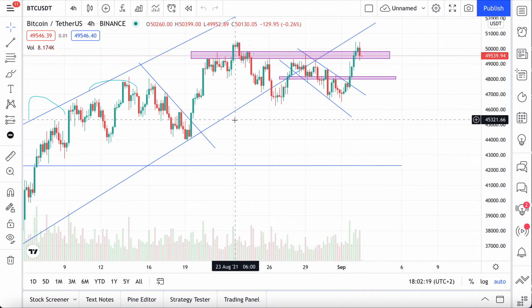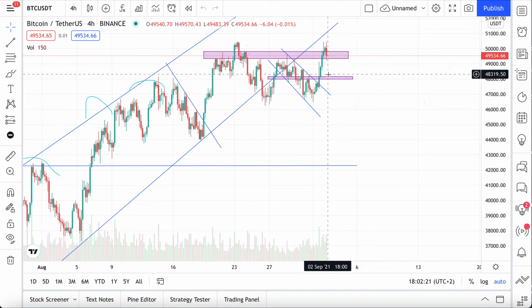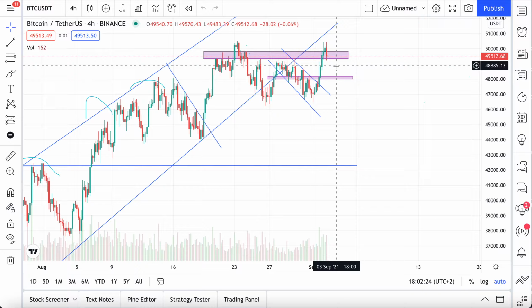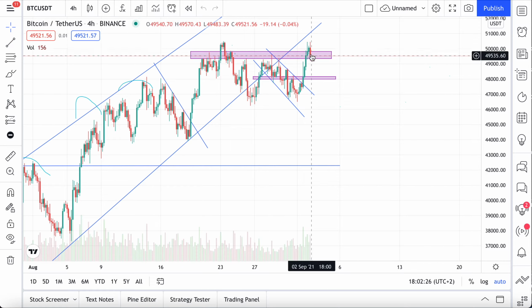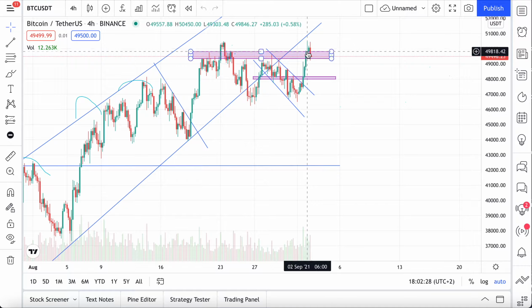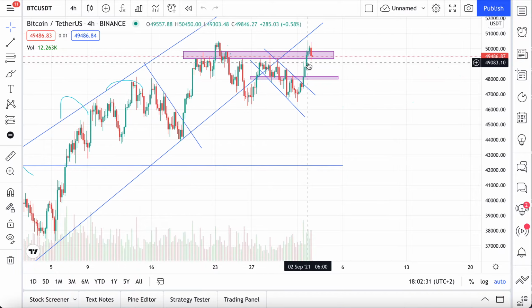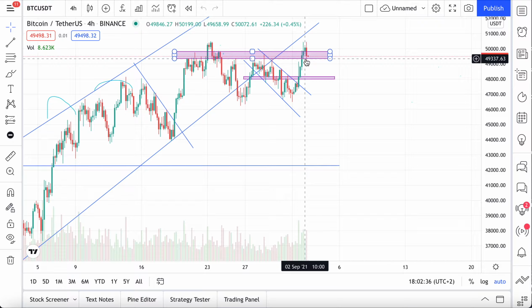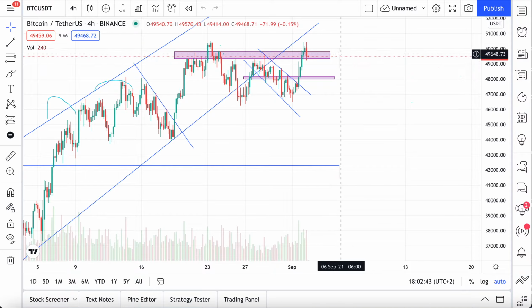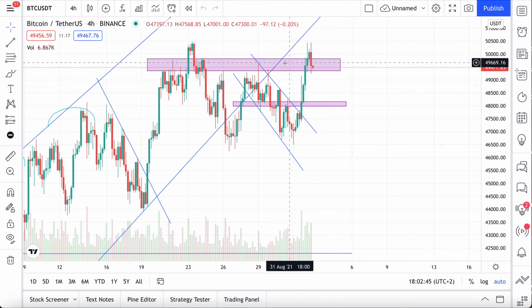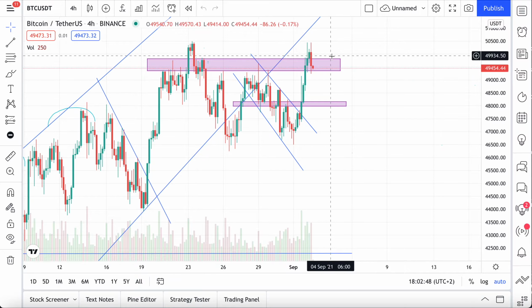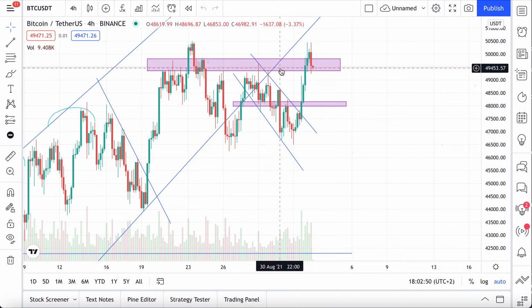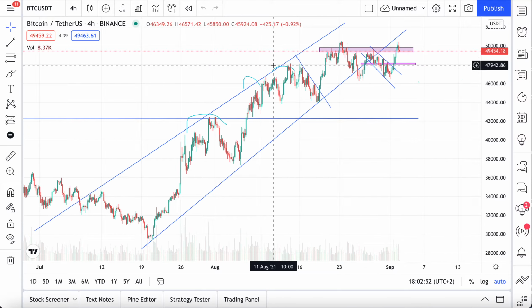So guys, looking at this, I'm not at the moment in any trades, because the area where the price of Bitcoin is being traded is so crucial that we don't know what happens. It's been going sharply up, but it had some big rejections. We are in the 4 hours time frame if you pay attention, and now we are in this box. I put this box right here. This is not as small as you see. This is a very huge box.